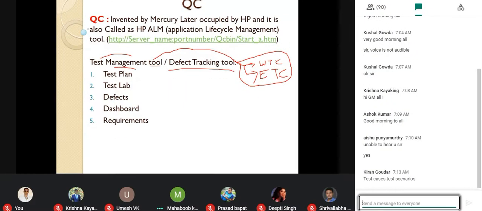From the starting open state till the close state we can track. Yeah, you are right, Jamuna. It will track from the new status to each and every status, whatever is changed by the developer or tester; it will track that information. That is called a defect tracking tool. So try to understand, when someone says this tool needs to be used, check whether it is a defect tracking tool or a test management tool.